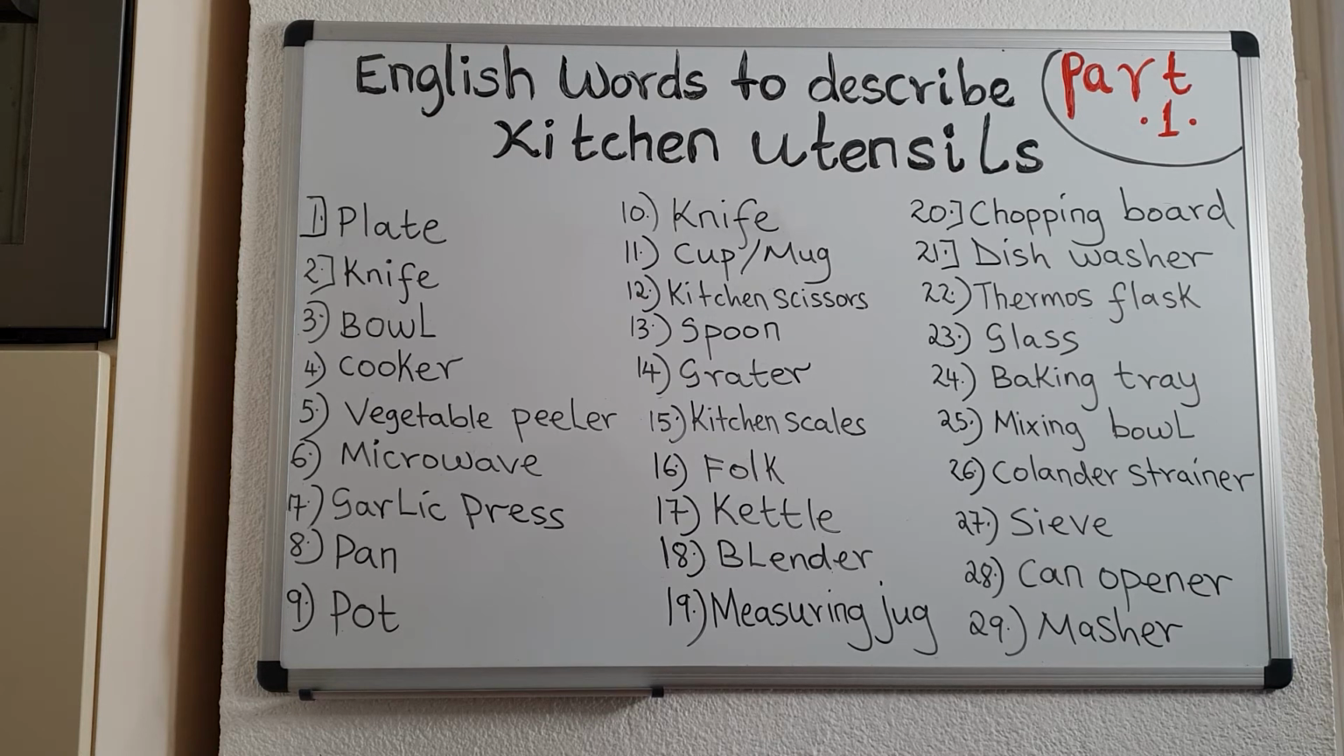The next word is kitchen scales. Kitchen scales. Now, we use kitchen scales to weigh things, foods in the kitchen. For example, if you want to bake a cake and you have been told to use 500 grams of wheat flour, then you're going to use your kitchen scales to weigh the flour to make sure that you use exactly